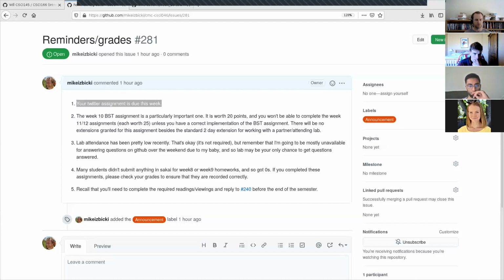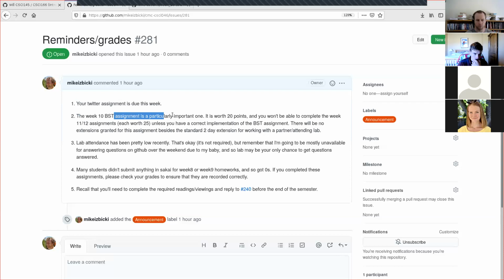Okay. So this week, you're going to have the week 10 assignment, the binary search tree assignment. I just want to remind you that this is a particularly important assignment, both in that it's worth a lot of points and that the subsequent assignments are going to be directly building on it, differently than how we're building off of, say, the Unicode assignment or the iterative assignment. Not only will these future assignments be in the same repository, but they will be dependent on the code that you're writing for this assignment. So it's a particularly important one to complete.